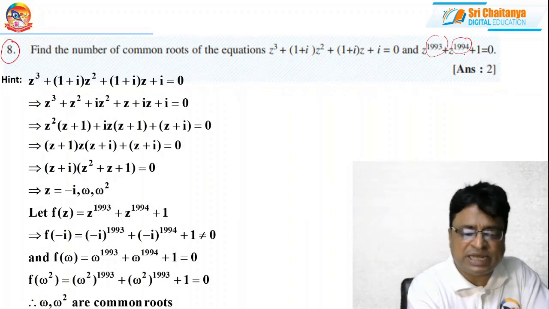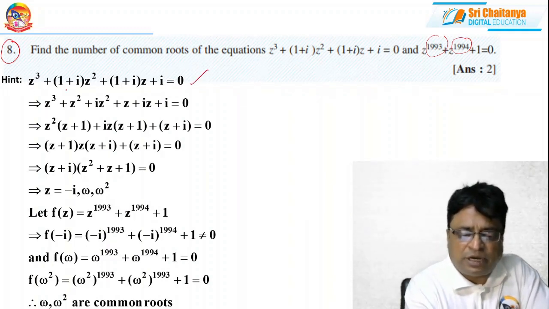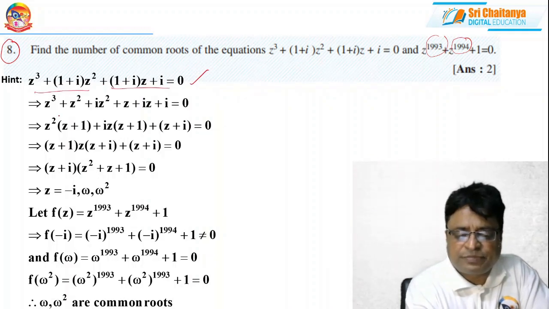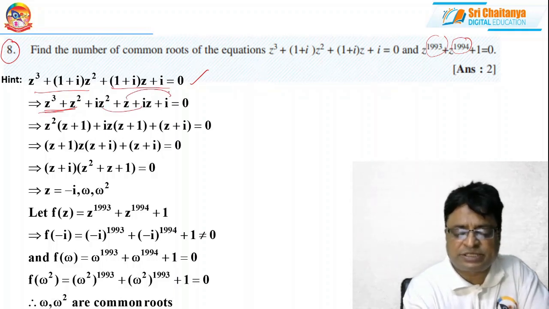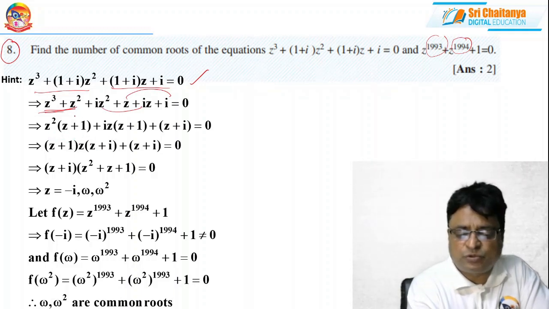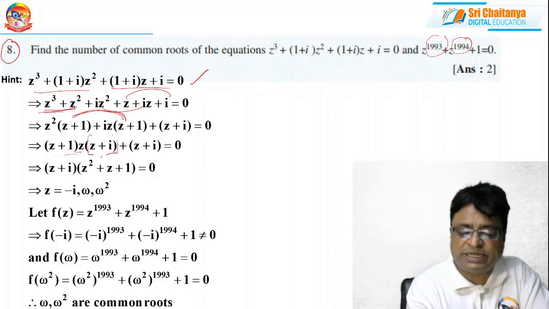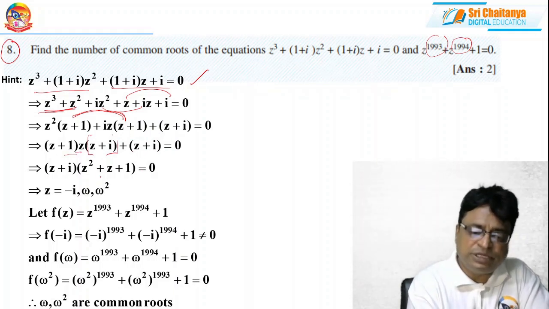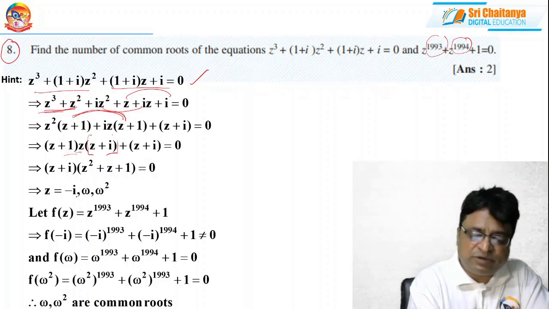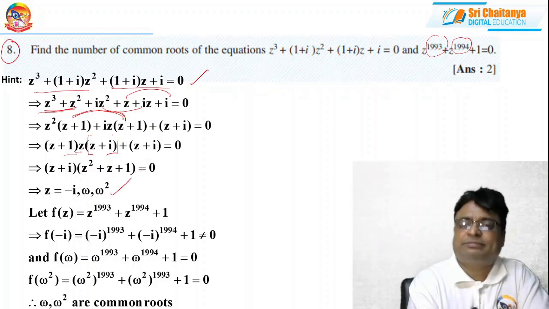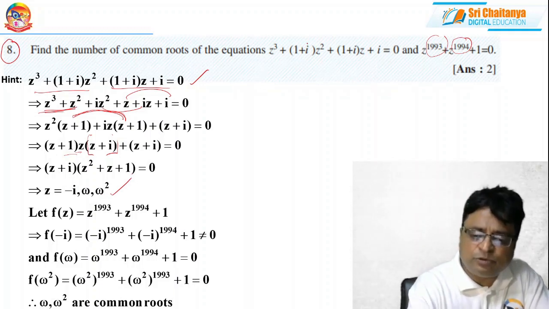Now what I am doing is, I can write this as my equation, and you just multiply all the terms, and you take z square common from here, and iz common from these two, and you write these two as the next term. And again, from these two terms, you take z plus 1 as common. z plus 1 into z you can take common. So after taking z plus 1 into z as common, you can get that as z plus i. So the entire term is z plus i into z square plus z plus 1. So my z is equal to minus i, omega, omega square. Now, these are the three roots of the first equation.